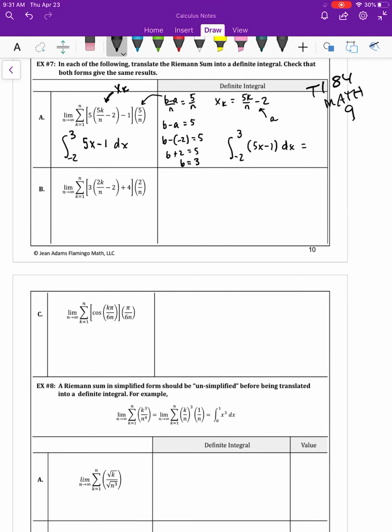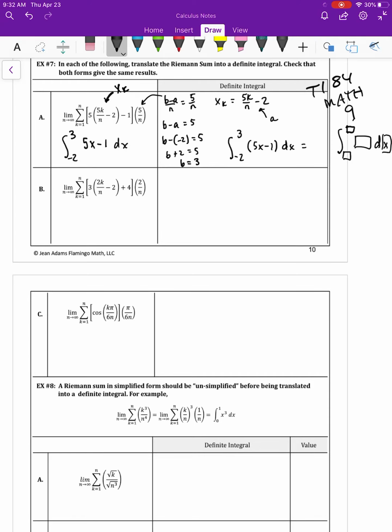So, yeah, that's what I want to say it is. From negative 2 to 3, 5x minus 1 dx. And if we calculated that, negative 2 to 3, 5x minus 1 dx, I want you